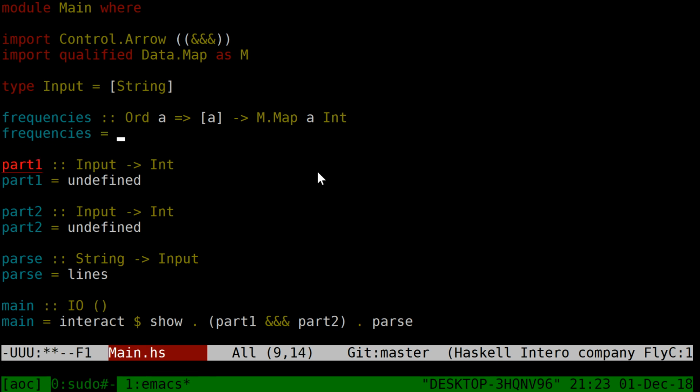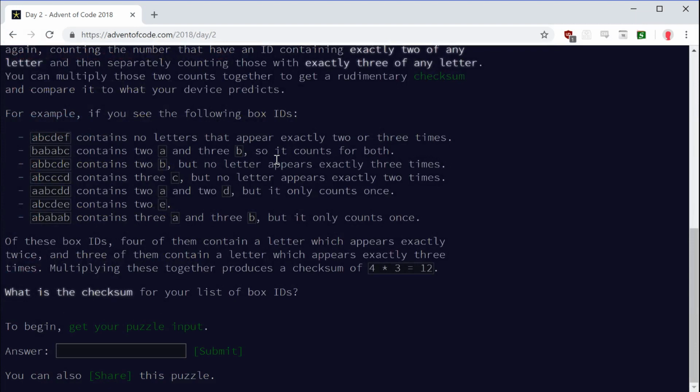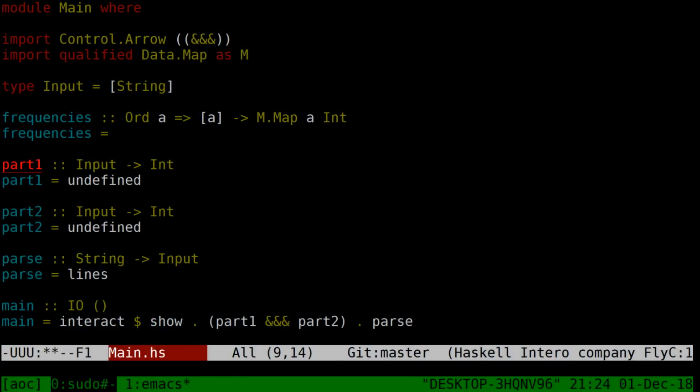Frequencies is, well, I guess I need to look up how to use... I bet I can do this with Intero, right? So M dot,